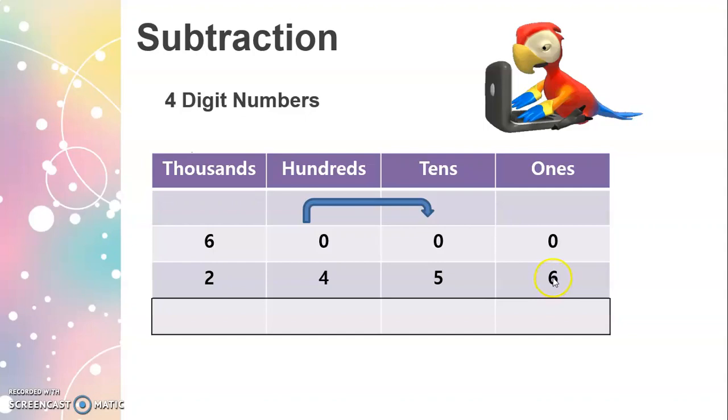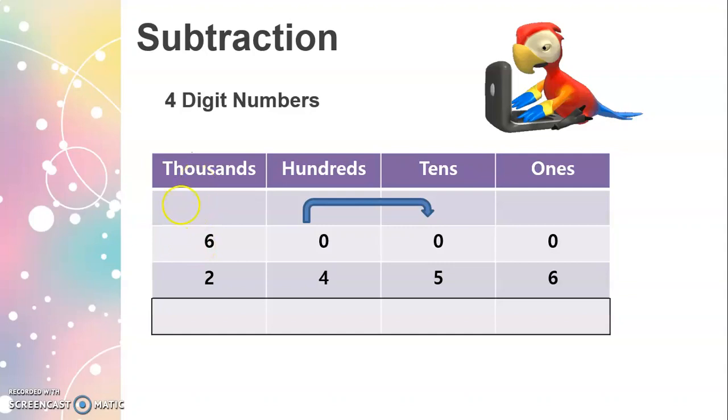Can I take away this 6 from 0? No. We can't subtract the bigger number from the smaller number. What can I do? There is nothing at ones place. There is nothing at tens place. And even there is nothing at 100 place. Then what do? I will take borrow from the 1,000 place because 1,000 place is the only place having a digit other than the 0.